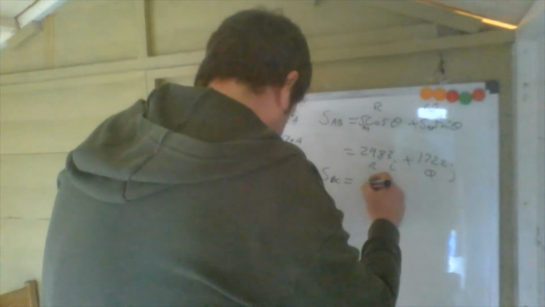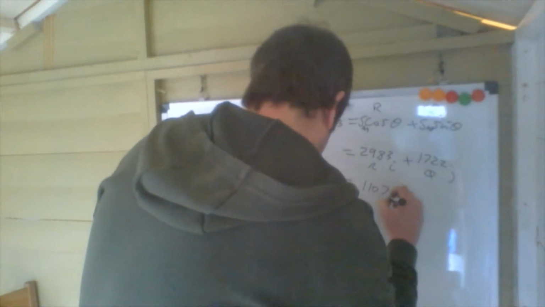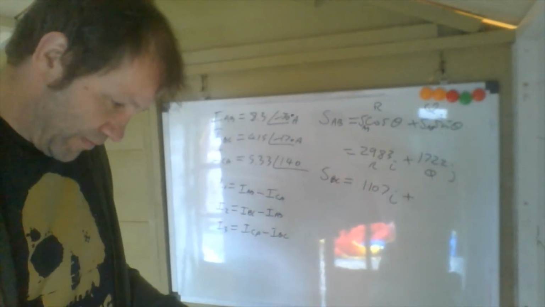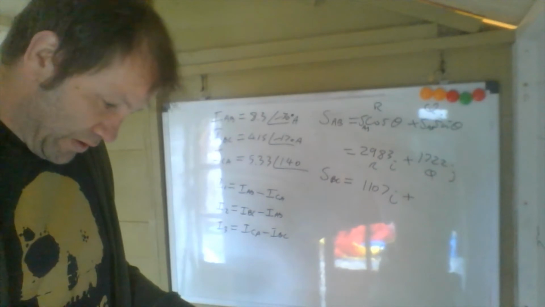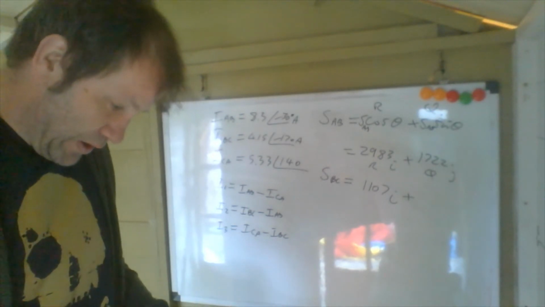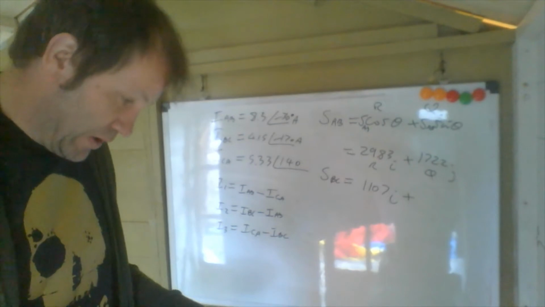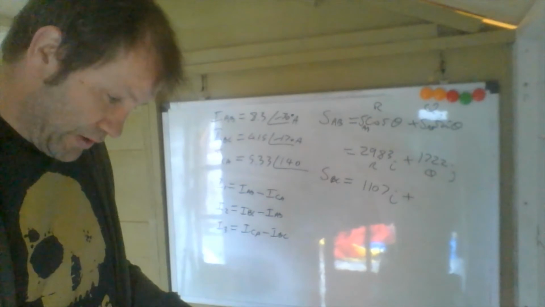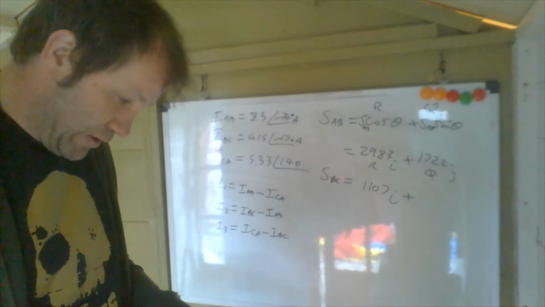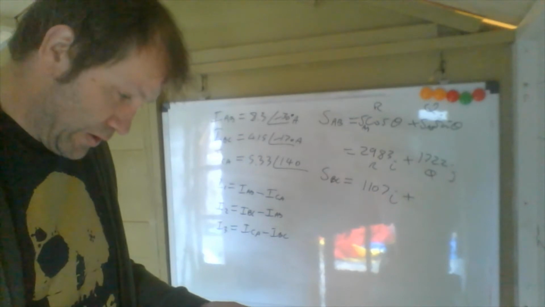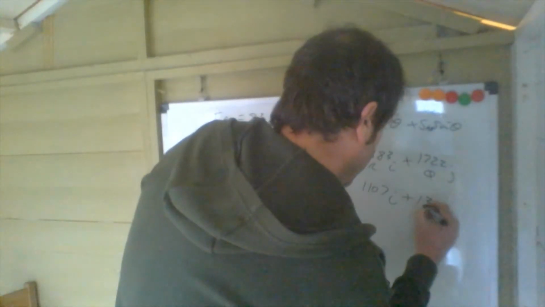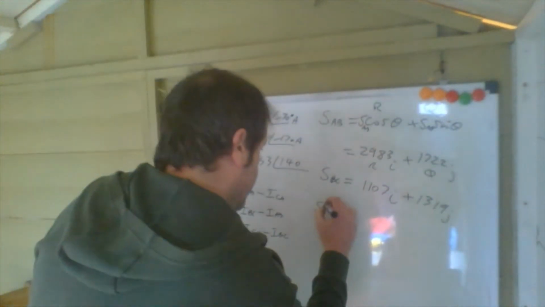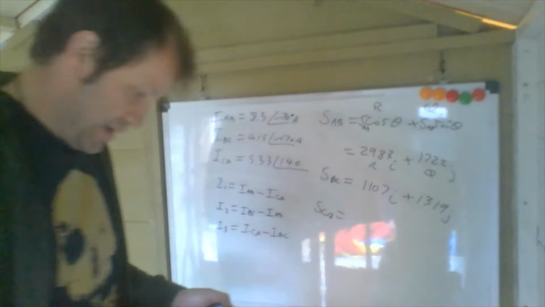That's 1107 I plus 1319 J, and SCA is going to be